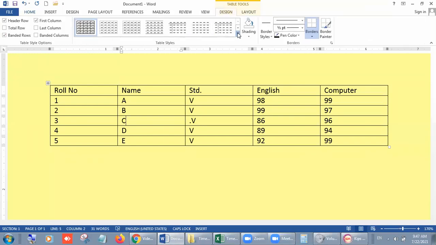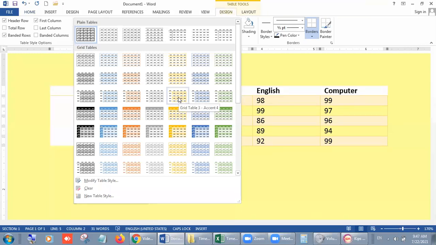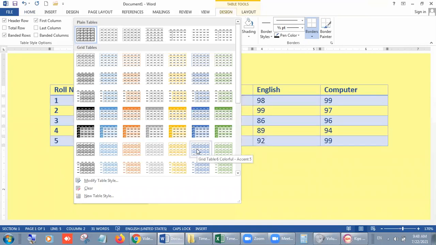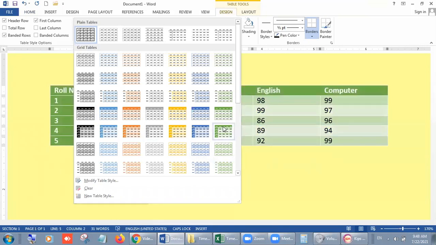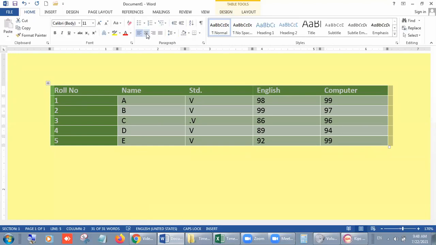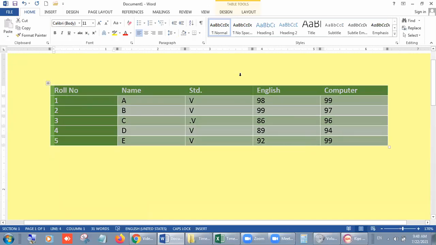There we have so many options for the table. Whichever option you want to apply, you can bring your mouse arrow on that particular design and see the preview of it on the sheet in the working area. Look, students, suppose you want to apply this effect. When you click on it, your table design will change. I hope it is quite easy, nothing special in it.